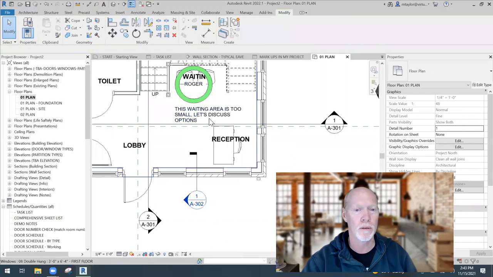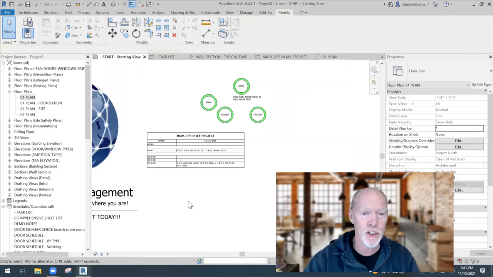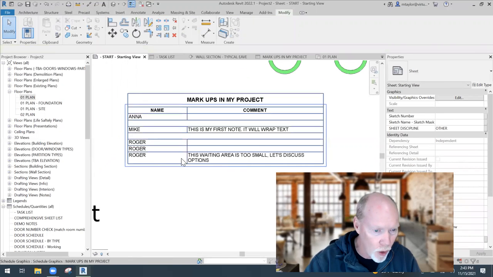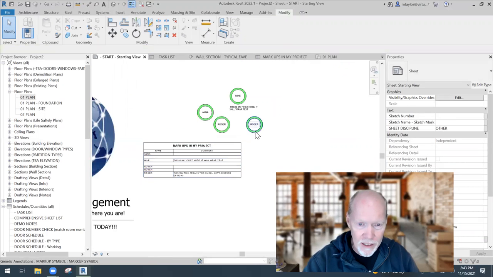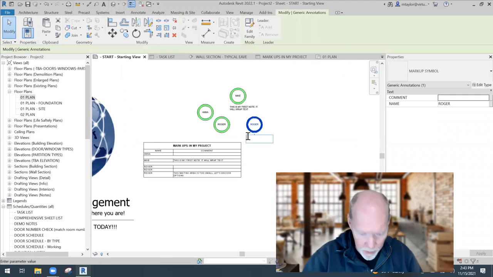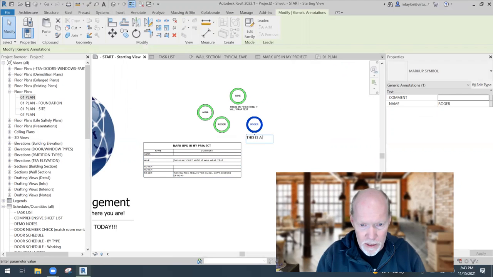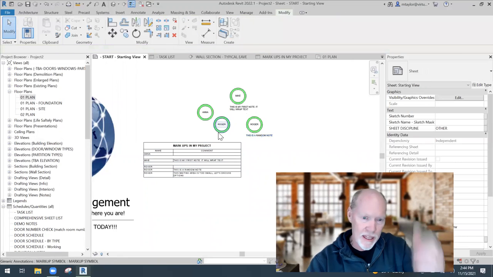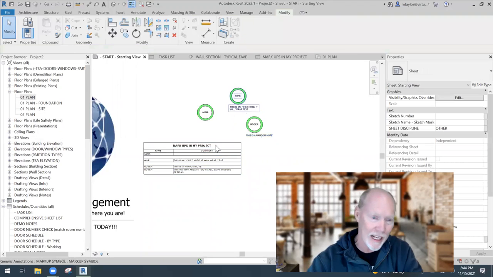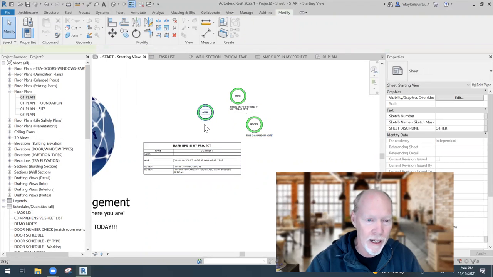But take a look back at my starting view. Sure enough, under Roger, there's one. This waiting area is too small. Let's discuss options. Okay. And here, I'm going to fill this one in. This is a random note. And as soon as I fill it in, it fills in. And this one I could delete. And as soon as I delete it, it comes off. And Anna,